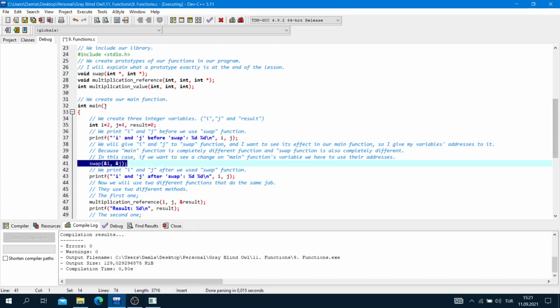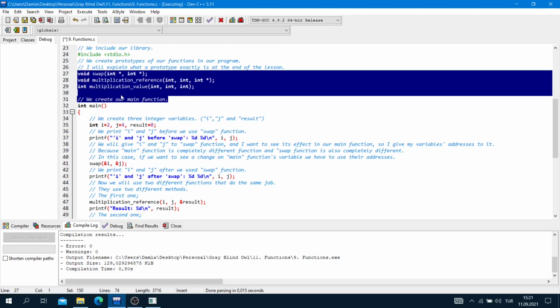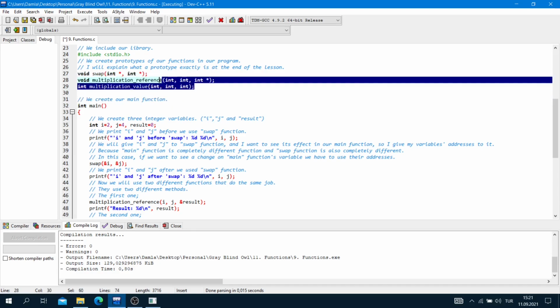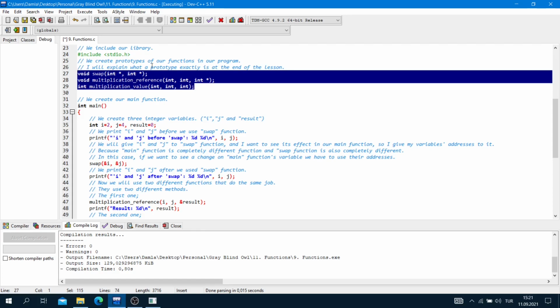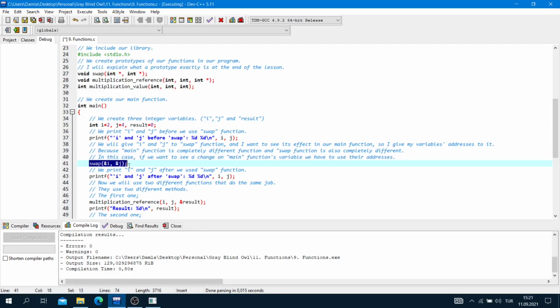But if we do not use any prototypes like that, the compiler reads this line, and it does not know anything about this function because we did not mention this function above.